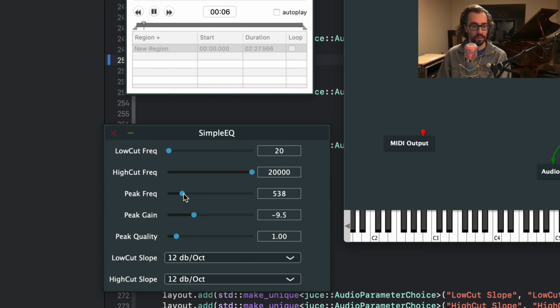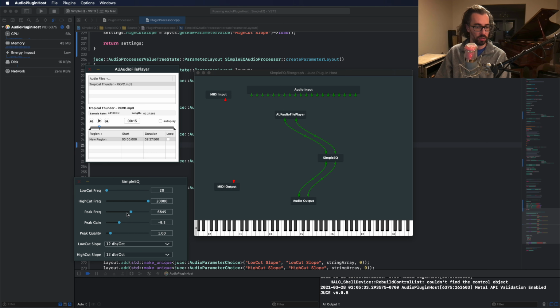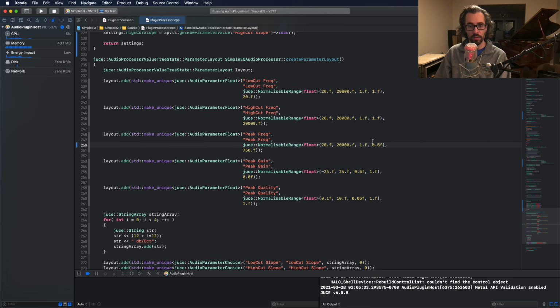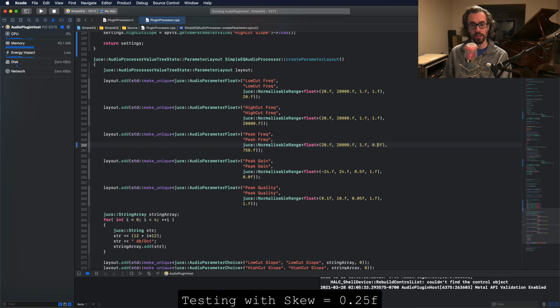All right, now this is going to be more noticeable when you are messing with an actual graphical slider that you're designing versus these sliders here. So either way, I'm going to keep messing with this, and we'll see what value I end up arriving on. So something you might notice here is the range is 20 to 20,000. If the slider's in the middle, you would think that a value of 0.5 would result in 10,000 hertz, but we don't actually see that until